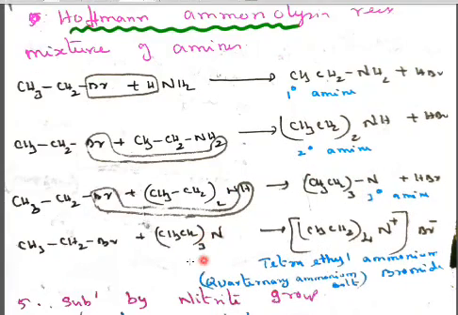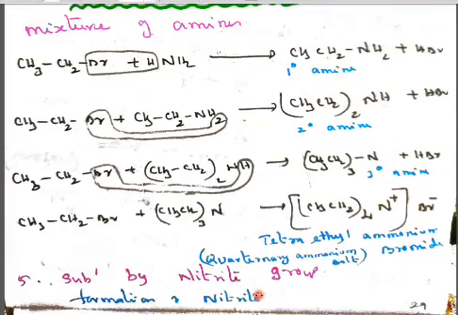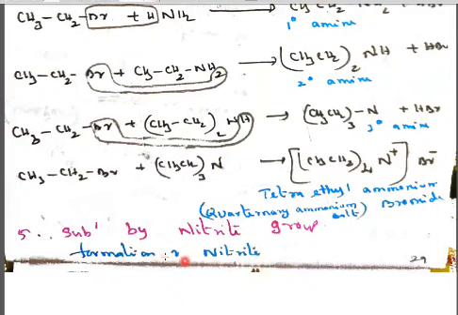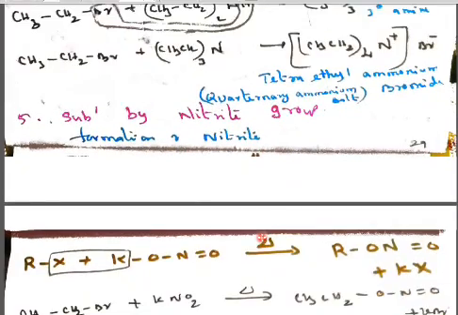Then this tertiary amine reacts again with one more CH3CH2Br. For HBr releasing, there is no hydrogen in the tertiary amine, so we will get a salt. Three times here, one time here. So CH3CH2 four times, N plus in a square bracket, and outside we have written Br minus. This is called tetraethyl ammonium bromide. NH4 means ammonium, so instead of 4 hydrogens, 4 ethyl groups. So tetraethyl ammonium bromide salt. In common name it is called a quaternary ammonium salt.